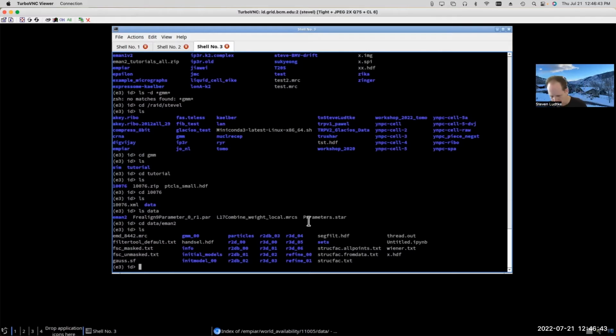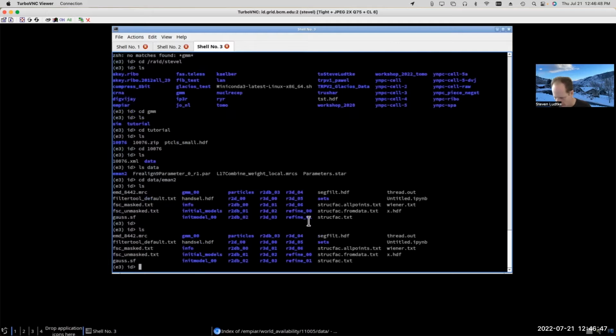Okay, all right. This is from the official tutorial for the GMM, and that made use of EMPIAR 10076, which was a complete ribosome data set, I think. Actually, maybe it's just a large subunit or something like that. I think it's maybe some sort of depleted ribosome, but anyway, regardless. Okay, so what we have here is one of the new style EMAN2 refinements.